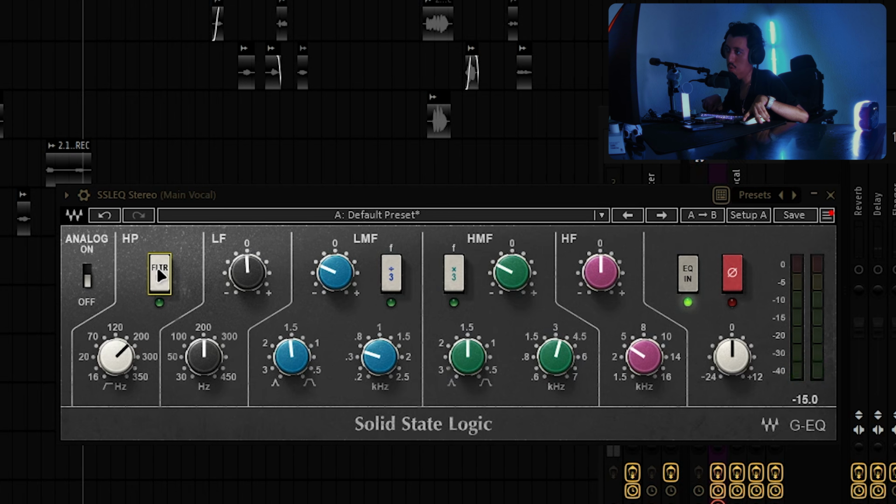Hear that? Then we have this area. Let's boost it up. It sounds ugly. I don't like that sound. I like to remove it a little bit. So we do that. And we have the higher frequency. Yeah, this hurts right here. And it doesn't sound good with the mix.